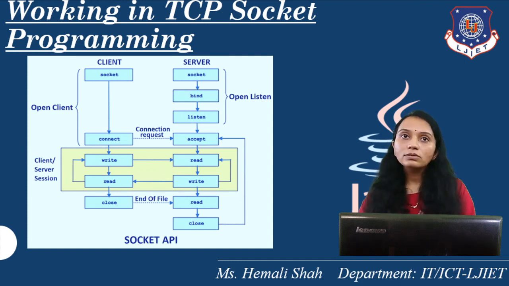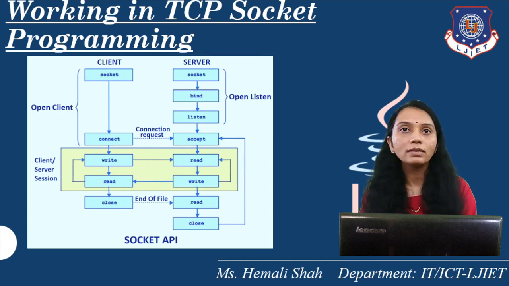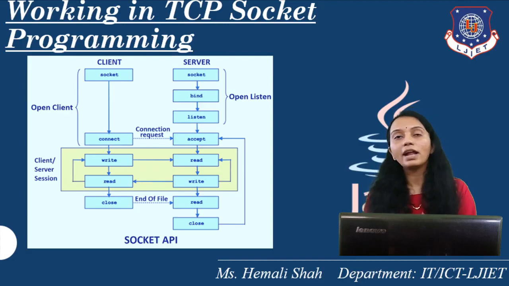When a request arrives, it accepts the request, performs the three-way handshake and makes a connection between the client program and the server program. After making the connection, you can get the input stream and output stream objects from the socket object by calling socket.getInputStream and getOutputStream. Using this established connection, you can read and write data through the streams. Since this is TCP, all the data will follow the same established path.